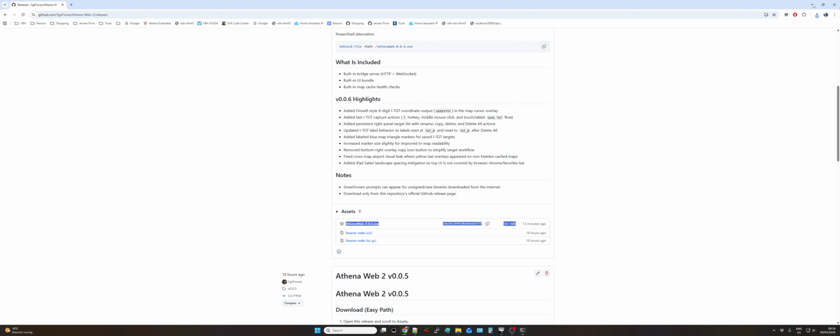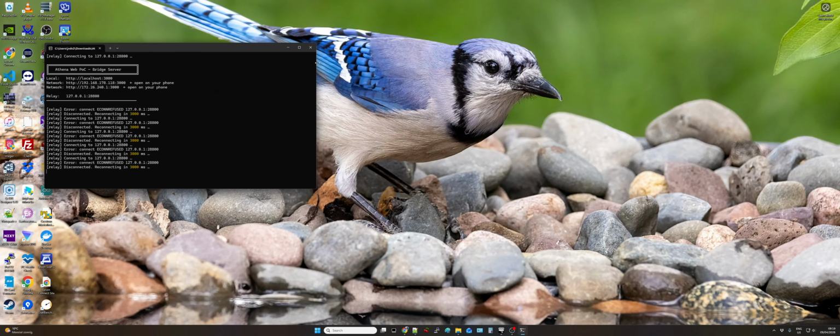So basically the game isn't running yet. All we have now is this tool, and as you can see, it tries to connect to the relay, the Athena relay, which is not running yet. But that's the whole purpose of my mod. Just like the original Athena, you can